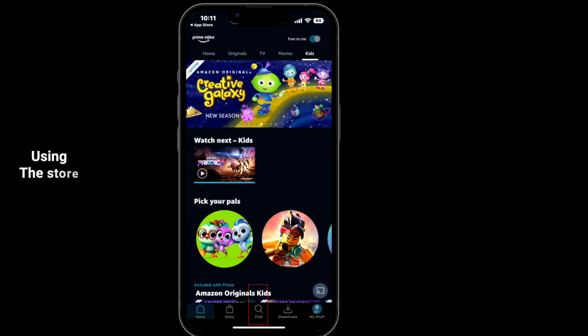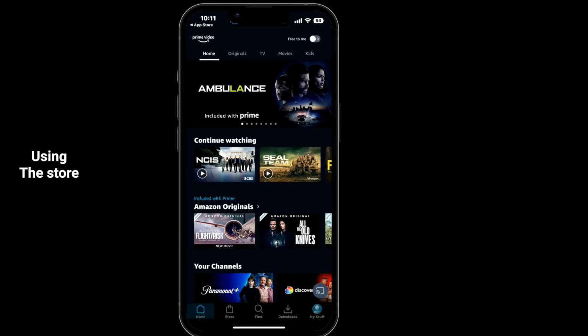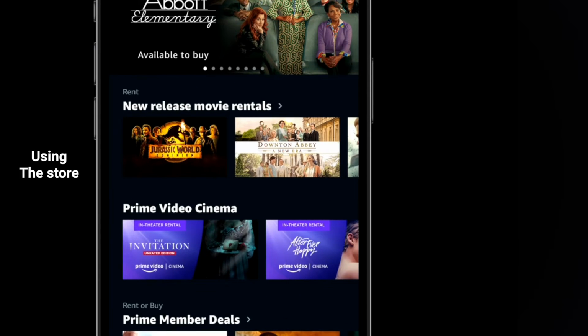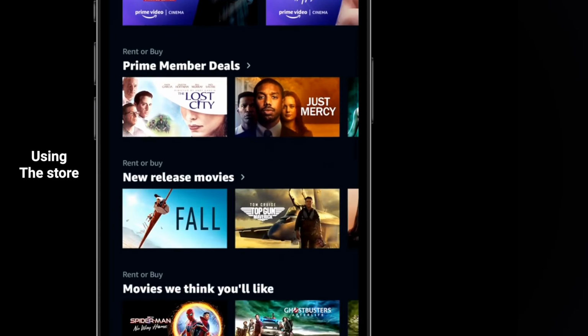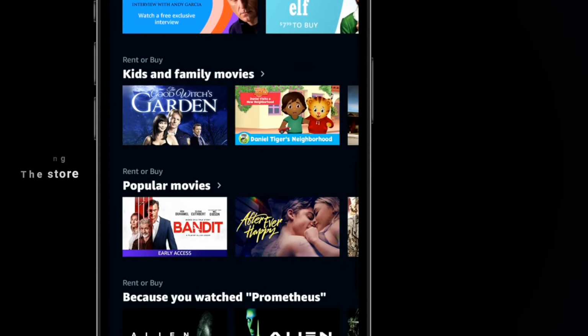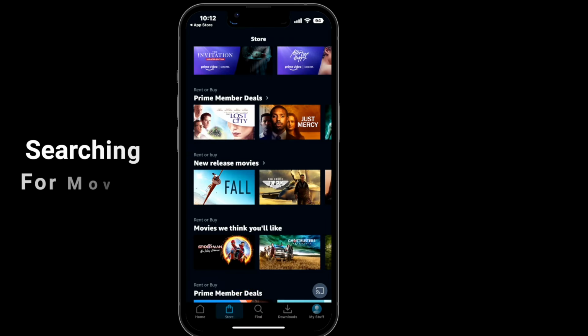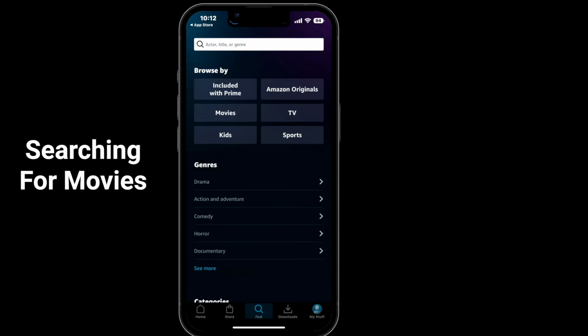Now at the bottom shelf you have your home, which will take you to the home screen, and then you have your store. You tap on this and this is where you can go buy various movies by simply scrolling down to choose whichever movie you want to buy or watch. Next to it you have your find button. Now you can use this to search for any movie or TV show or documentary or anything that you want,